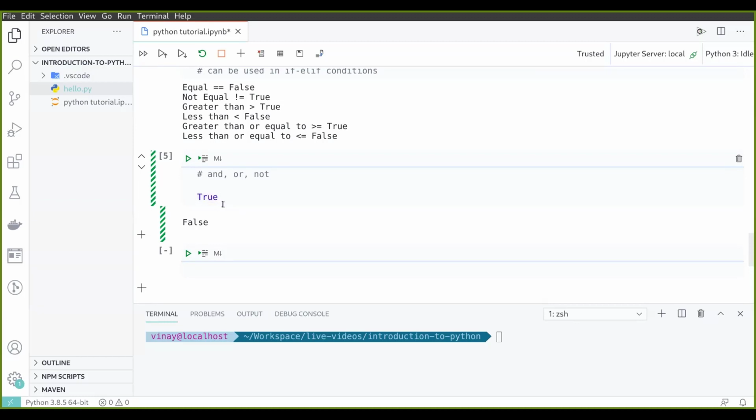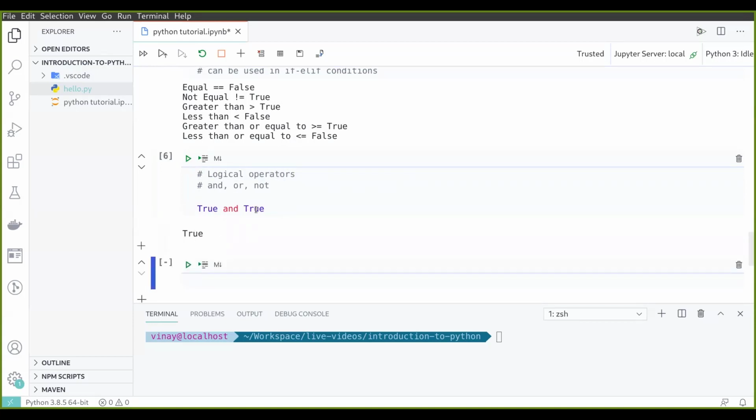So what that means is, if you use true and true, so this is the and operator, which is a logical operator. So these are logical operators. So this will return true. But if you use false, then it will return false. If you use false and false, it will return false. If you use this one as true also, it will still return false. So and is such an operator wherein you need both of the conditions true. If you see this, then only it returns true, otherwise it always returns false.